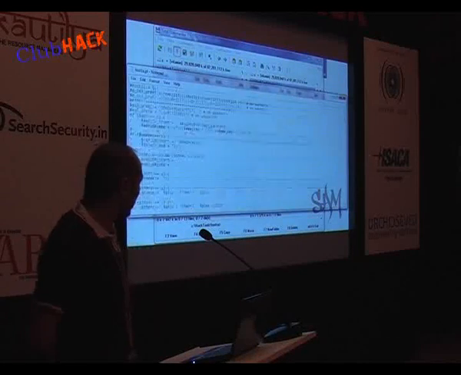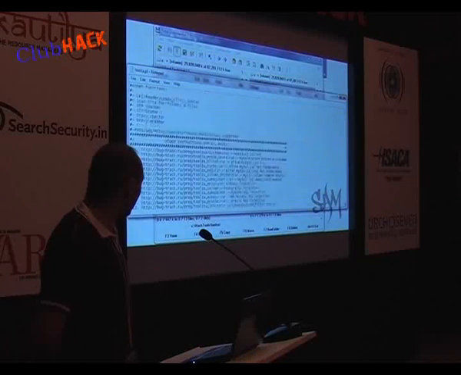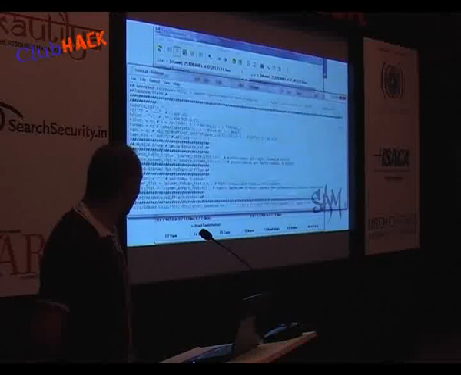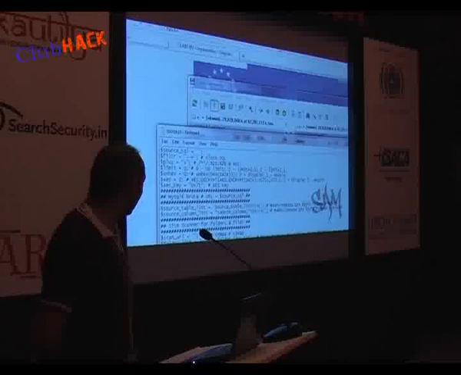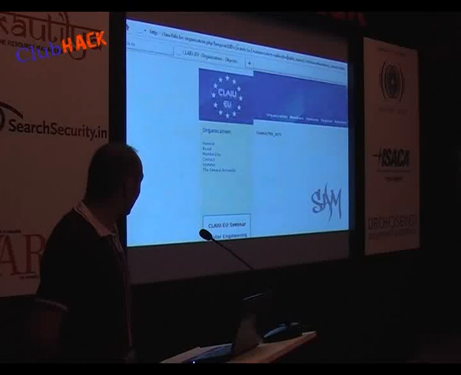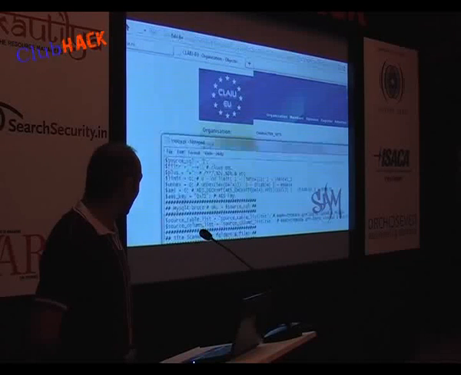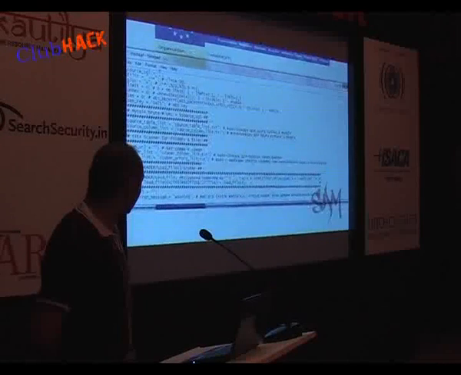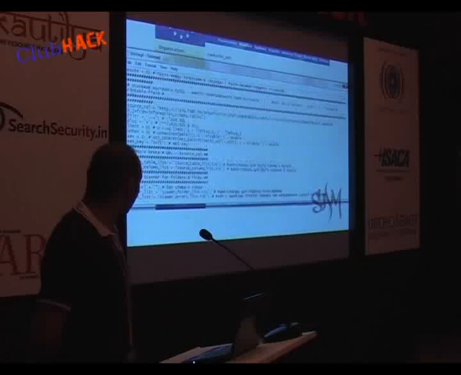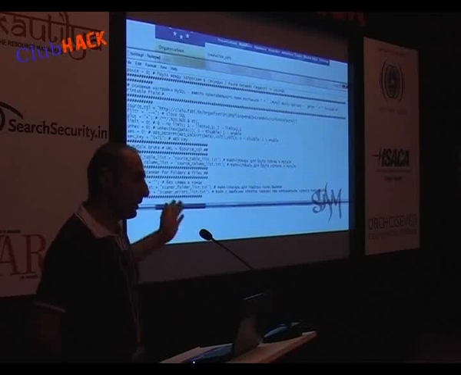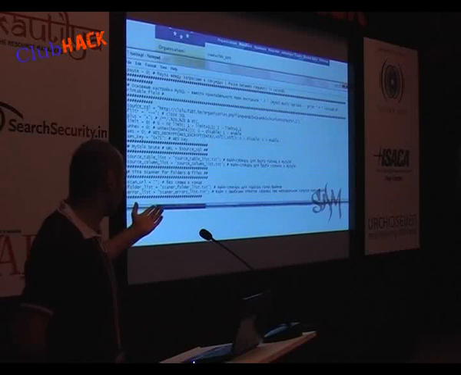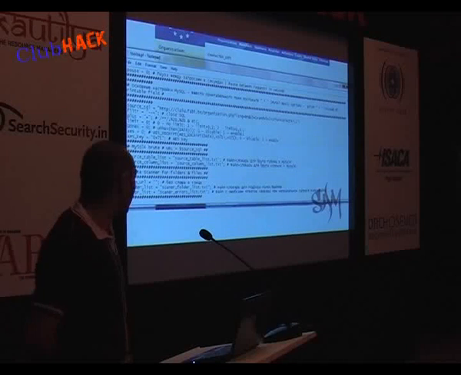The most famous tool is called Toolza. It's a Python script. This is an automated script which helps you to do all these things faster, but you may do the same thing manually.